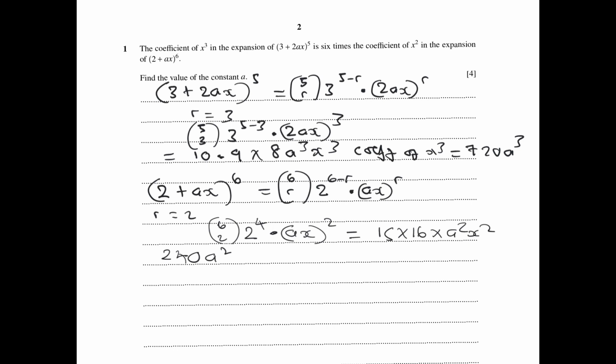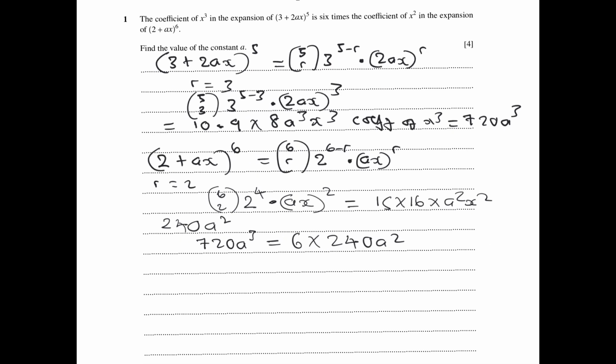Now, but how are these two related? We are told here that this one is 6 times that. So it means we can formulate an equation: 720a cubed is equal to 6 times 240a squared. That is what we are saying. So from there we can then solve for a. If we simplify that, we are going to have 720a cubed equal to 6 times 240,